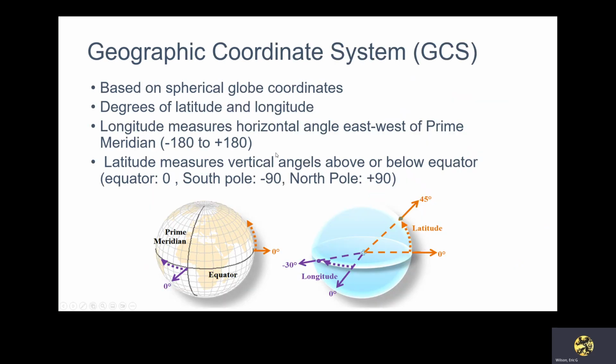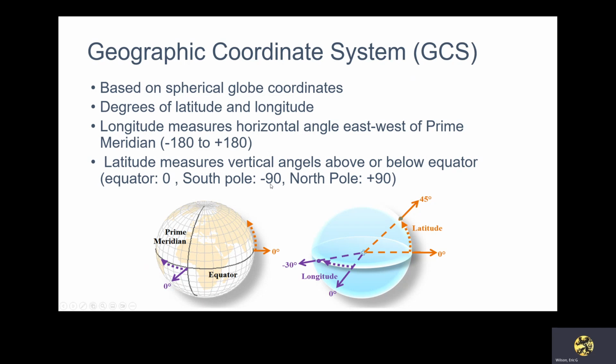One of the most well known is just the Geographic Coordinate System, GCS. It's based on spherical globe coordinates, and basically when you see the descriptions of it, it's described in degrees of latitude and longitude. Longitude measures horizontally in east to west with a prime meridian. And then you have latitude measures, which are your parallels, and they measure vertical angles above or below the equator. And you can see how they're described here with longitude moving east to west and latitude moving north to south starting at the equator. And so that's how we basically locate positions on the Earth's surface is by those measure